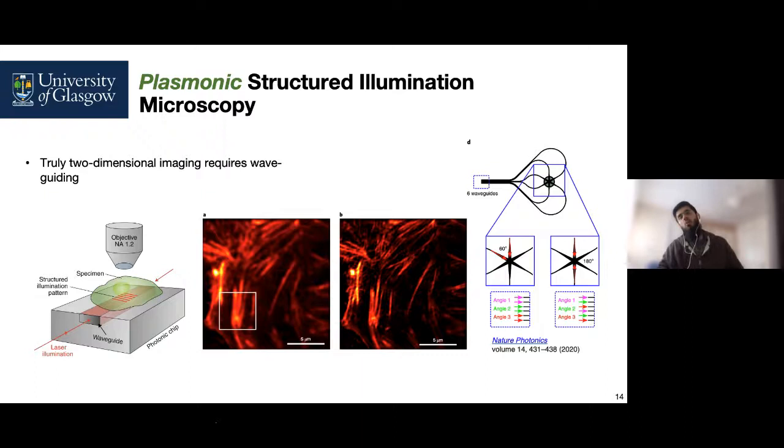So in order to have multi-dimensional imaging, such as two-dimensional or even three-dimensional imaging with resolution capabilities, we would require an illumination scheme in which we can somehow rotate or tilt the illumination pattern. Now, in this paper, in this project, what they proposed